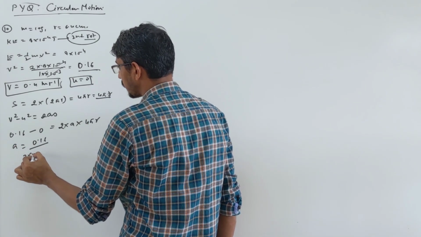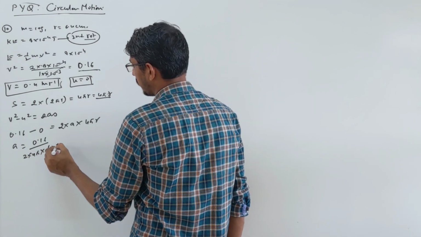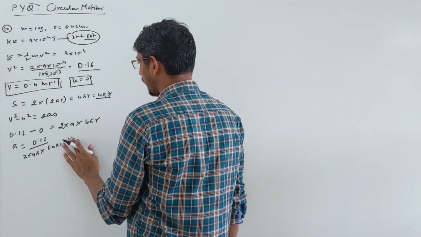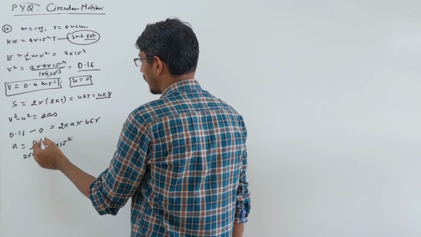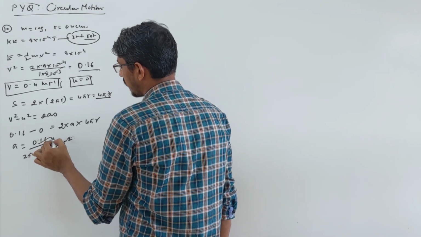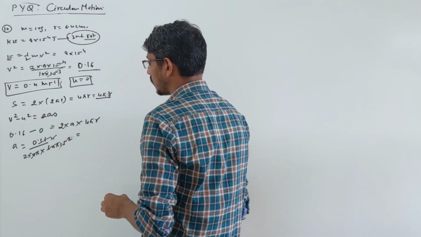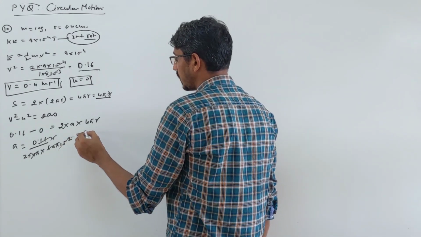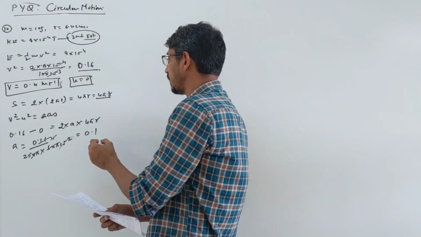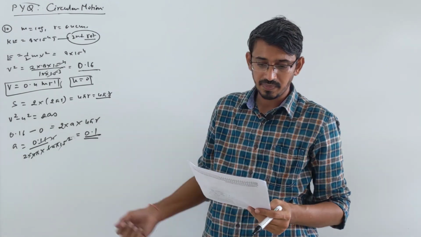0.16 by 2 times 4 pi into r. R is given as 6.4 into 10 power minus 2. So this number we have to simplify. Minus 2 goes up and you can write this as 16. So 16 goes around 4 times, then 1 by pi. Pi means around 10. So the answer will be around 0.1. Options are given, yes, 0.1 option is given, first option. So when you solve this number, you will get acceleration as 0.1 meter per second square.